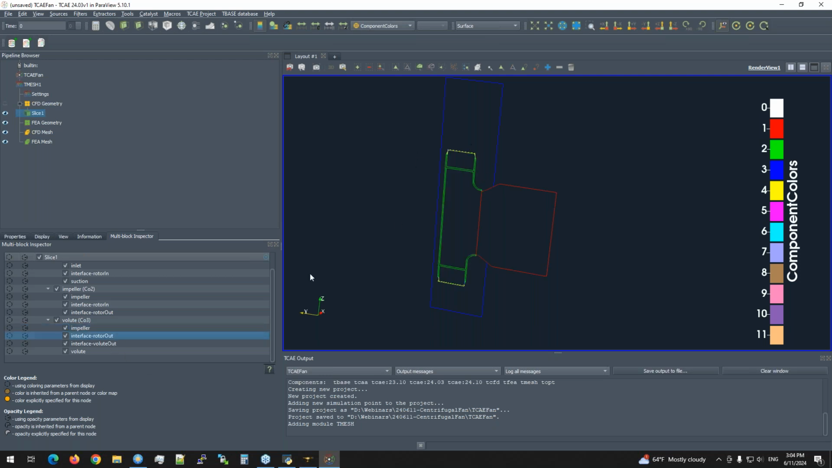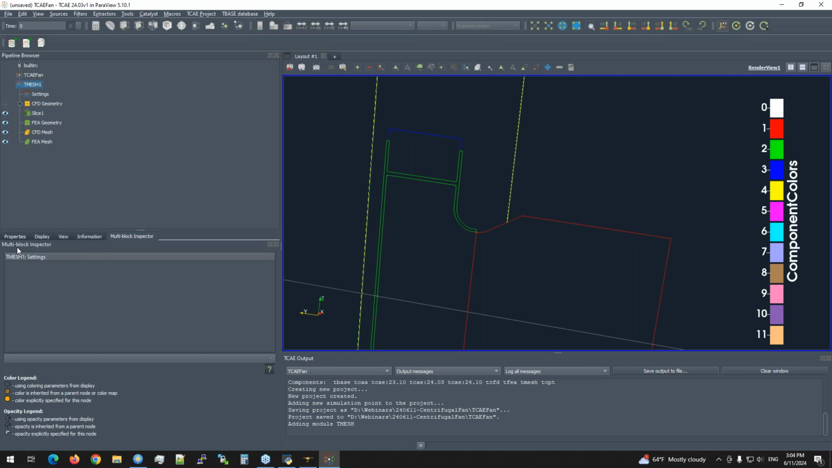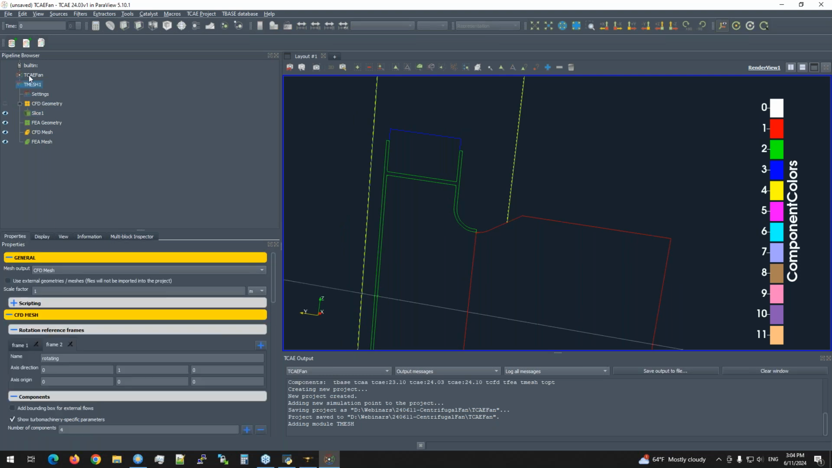Then we have the rotor outlet. Volute interface is not here because it's not on the slice, and the volute itself. And this shows me that I forgot to include also this suction side, because it also creates the flow boundary for the volute. So I need to go back and re-import